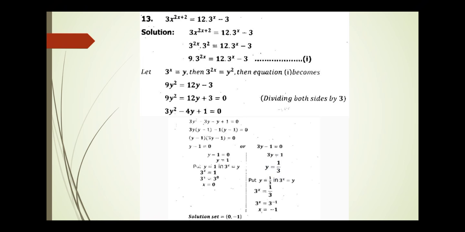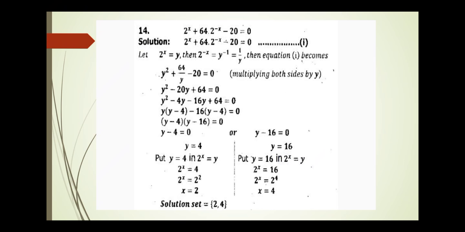Here in this question also, 3x raised to power 2x. Sorry, there is a mistake. It's 3 raised to power 2x plus 2. x is not there. So 3 raised to power 2x and 3 raised to power 2 will be split. You will not write this x that is with 3 at the start. 3x, x is not there. 3 raised to power 2x plus 2 is in the question. So now you will solve it easily by the previous method.